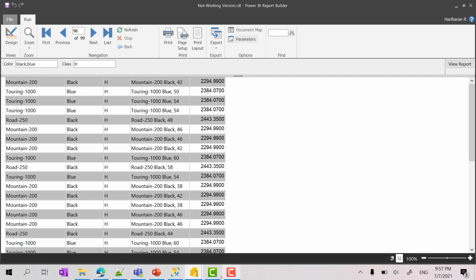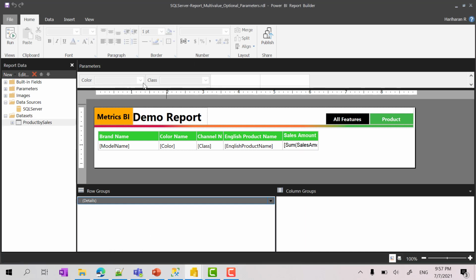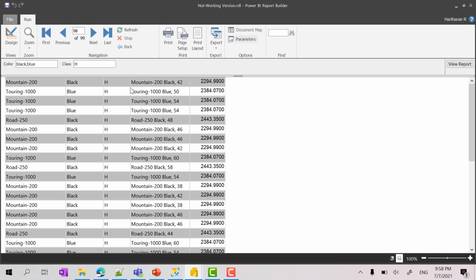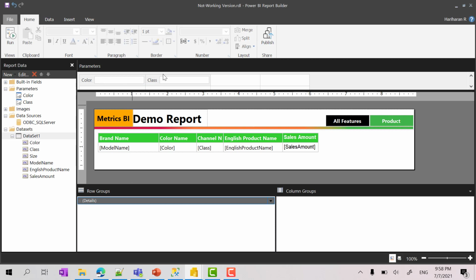But when you compare this report, here we are allowing users to pass values one by one, right? It's a kind of a multi-value. Or in case you want to build a list of values, you can still create a new dataset, and you can find the distinct values of color here, which is going to be one by one, right? So if you want to achieve the same, then this approach may not be the right solution. So we have to convert this single text box or single value into multiple values.